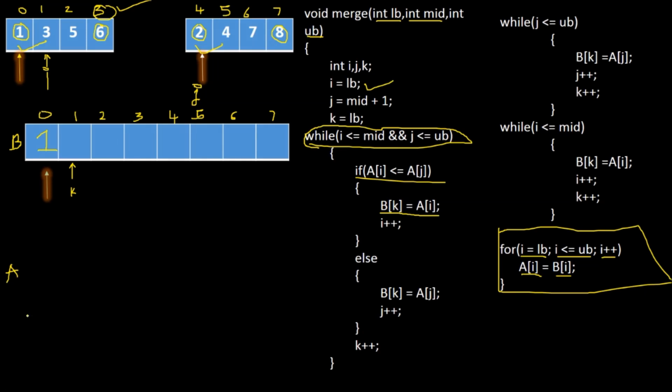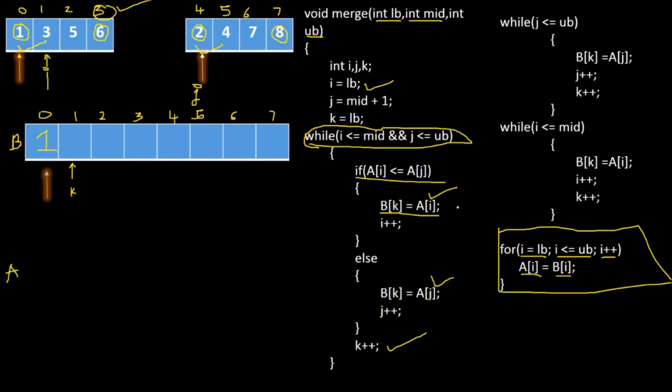The index of the element which is already copied into the b array is incremented, otherwise it is not incremented. Now you will say, sir, you have incremented k, where is k plus plus? Here it is. Why is this k plus plus outside the if? Because whether you copy the i index value or the j index value, it is going to be copied into b, so k will be incremented in any case. That's why k plus plus is outside this if else. I hope you are understanding.